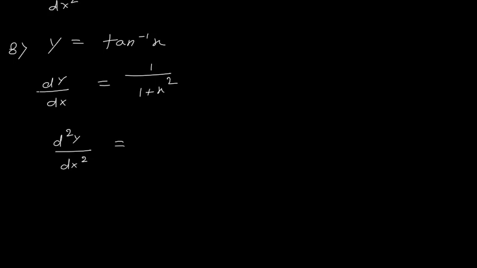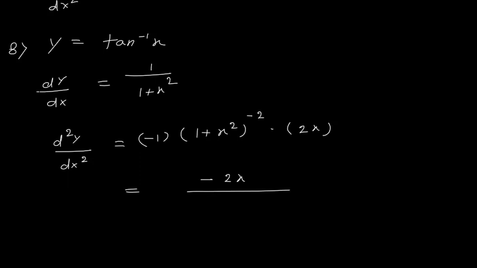So when we differentiate, we have minus 1 into 1 plus x square the whole power minus 2, into the derivative of 1 plus x square, that will give me 2x. Okay, so composite form. So this is minus 2x divided by 1 plus x square the whole square. Here you can also use the u upon v method. If you use u upon v, v into derivative of u, 1 plus x square into derivative of 1 is 0, minus 1 into derivative of 1 plus x square is 2x, so we will get minus 2x in the numerator and the denominator will be 1 plus x square the whole square. So anyway you will get the same answer.